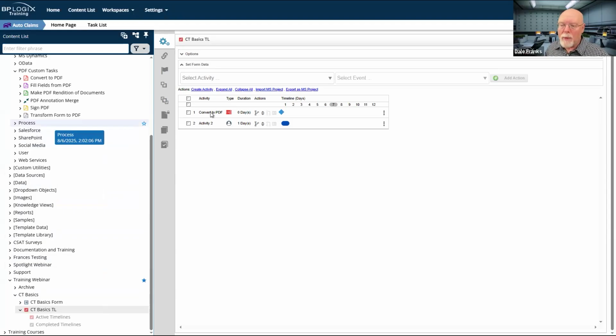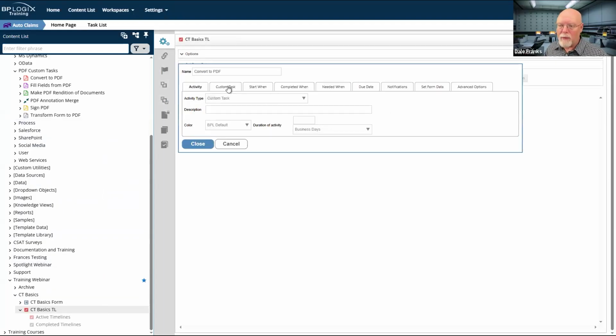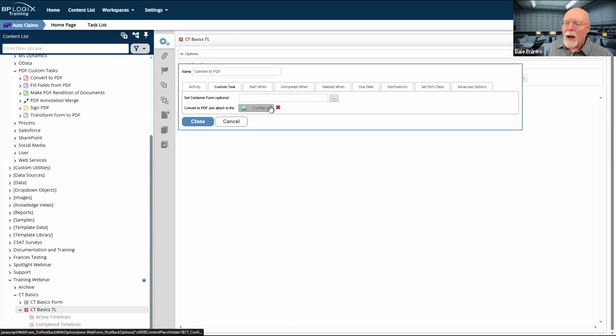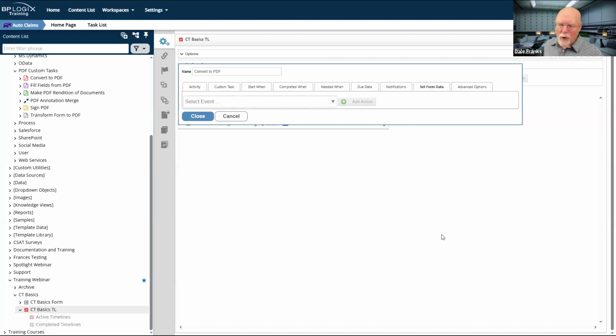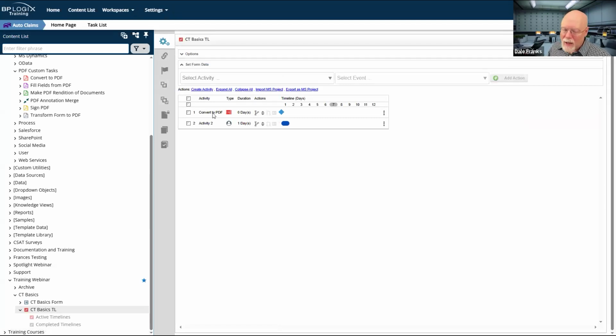The most common one will be the set form data that we've already looked at. We're just going to set the value of a form control. Again, it's a very special use case. In most cases, I'm going to use the set form data tab on either the activity or on the form, and probably 9 times out of 10, I'm going to do it on the form. I'm just going to go to that set form data tab and use it there. But because of the way that, as we just discussed, I might want to use that set form data for request numbers, it can be one of the most common custom tasks that you use.